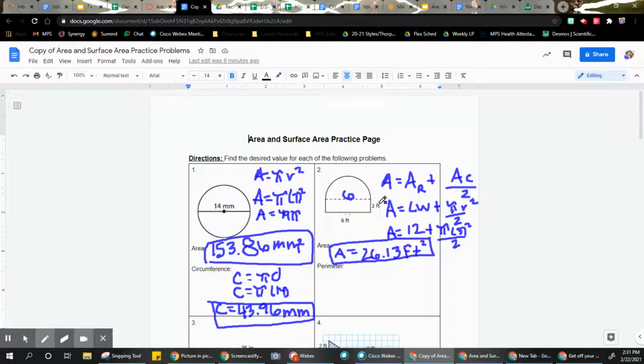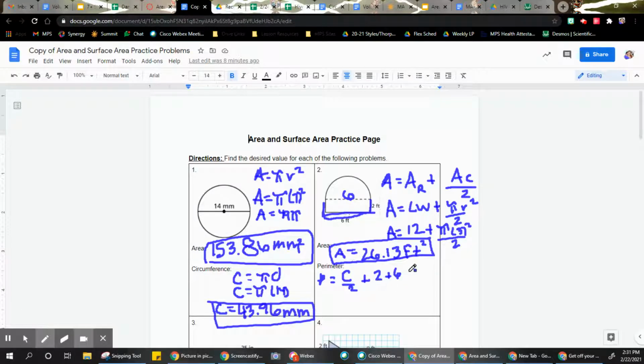Now my perimeter is going to be 3 of the sides of my rectangle, these 3 sides, and then the half of my circle. So remember that perimeter of a circle is called circumference. So I'm going to have to find my circumference and add it to those 3 sides of my perimeter. So I'm going to say that P is equal to my circumference. But do I have a full circle here? No. I only have half, so it's my circumference divided by 2 plus 2 plus 6, which is this, and